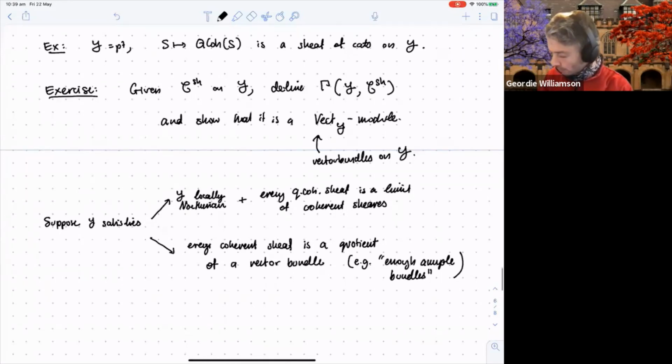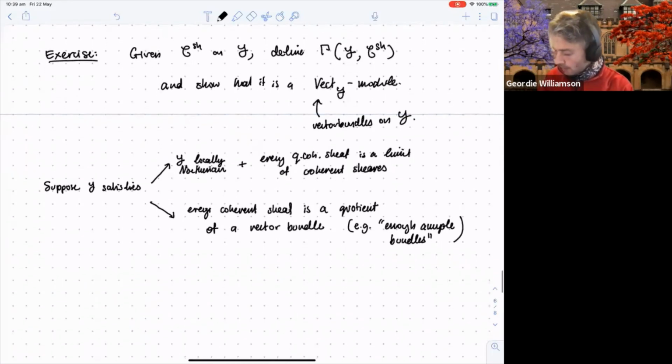Okay, so the theorem is the following. And if anybody can see why this is saying something other than enough ample bundles, that would be very interesting. So the theorem is the following. I interpret this as saying something that I'll never construct. The things that I've been defining up here seem to be pretty difficult to get your hands on. They're pretty holistic things, whereas the things on the other side of this equivalence will be reasonably concrete.